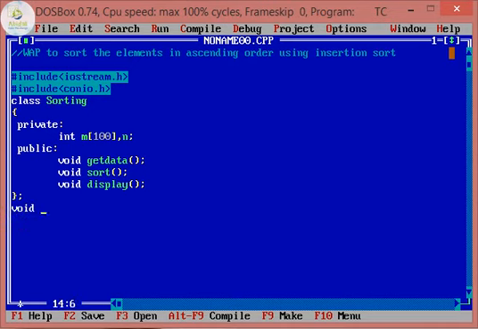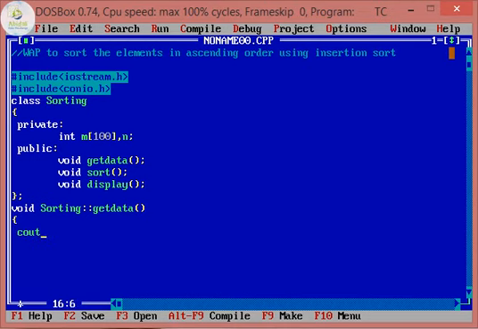So the first function we are going to define is getdata. It belongs to the class called sorting, and the name of the function is getdata. It has return type void. So void sorting, that is the name of the class, then the scope resolution operator, the method we are following.